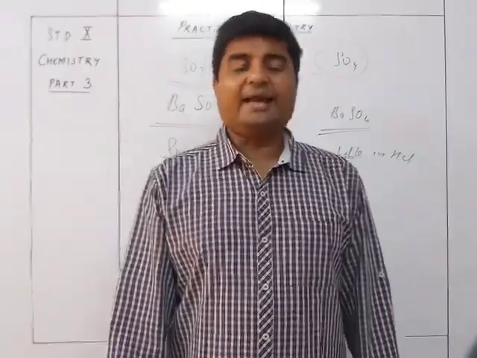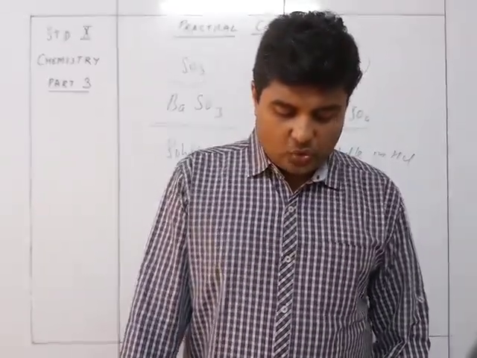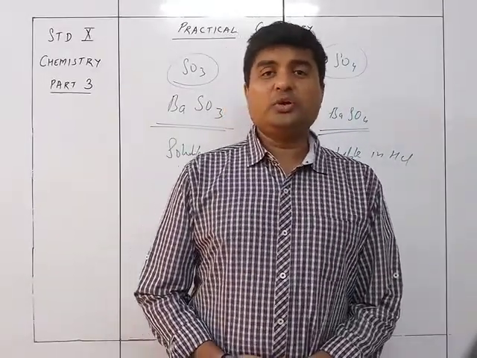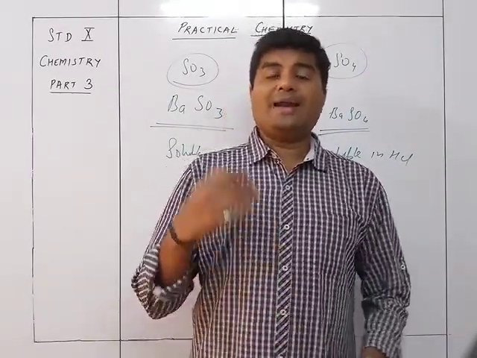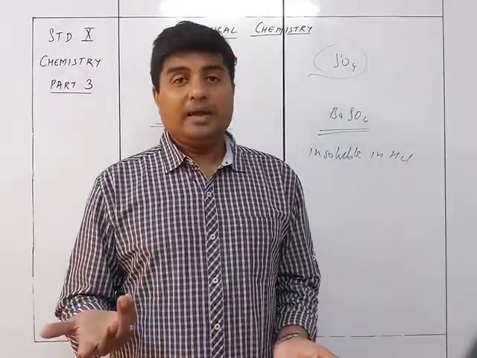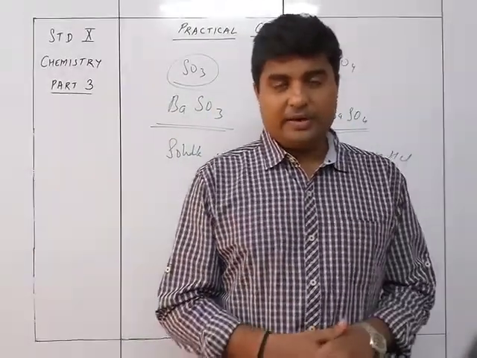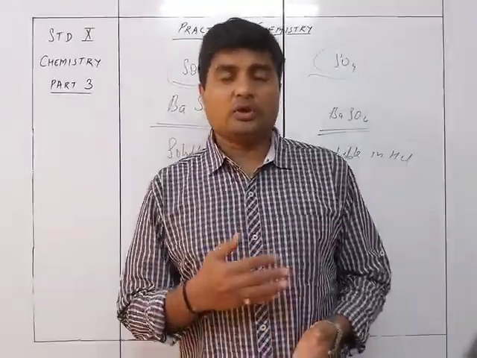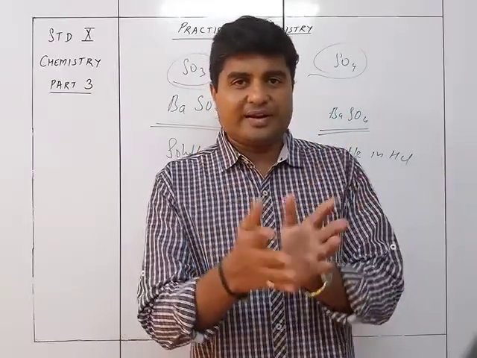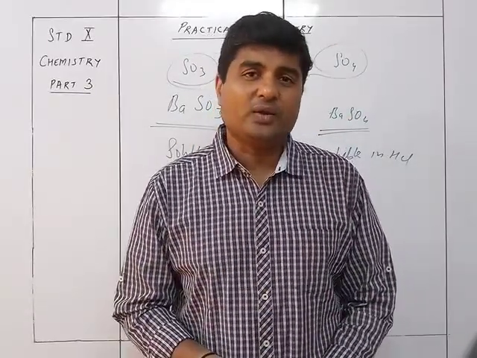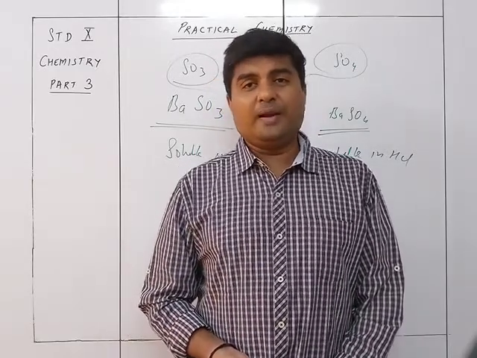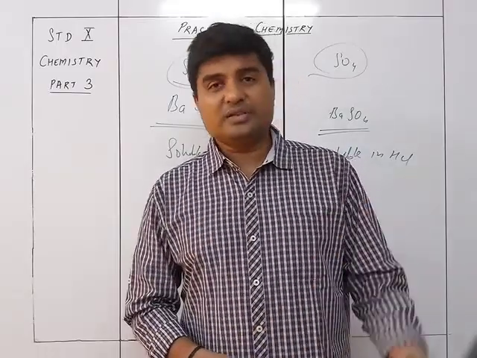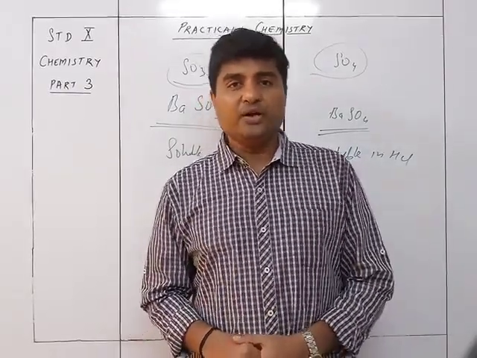To the filtrate, add NH4OH. If I add NH4OH to CuCl2, it is going to give me Cu(OH)2, which will be pale blue in color, and on addition of excess it will be inky blue or deep blue. That is the same thing we learned earlier. So the copper chloride filtrate, when reacting with NH4OH, gives a pale blue precipitate first, which is soluble in excess of NH4OH, giving rise to a deep blue or inky blue solution.